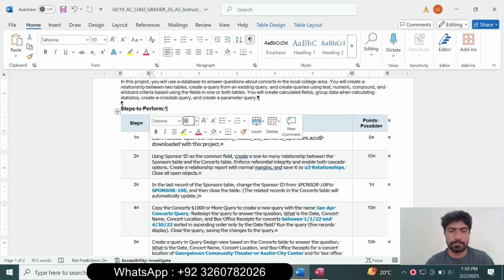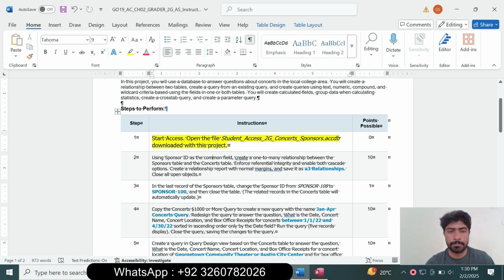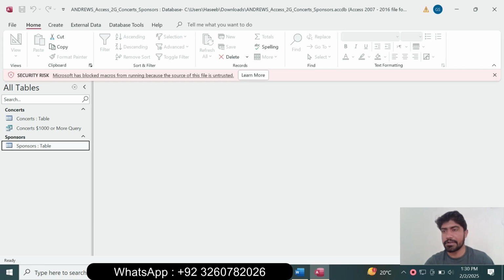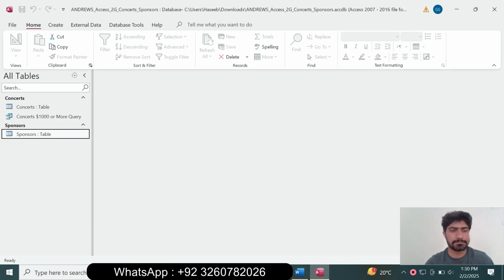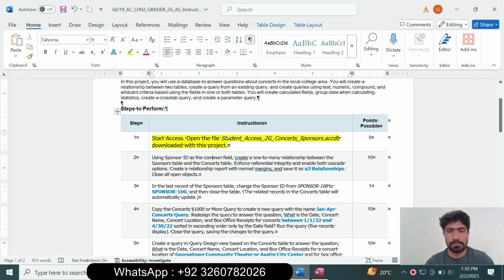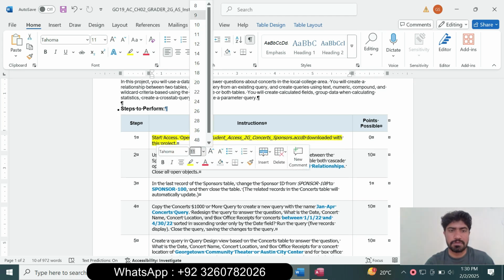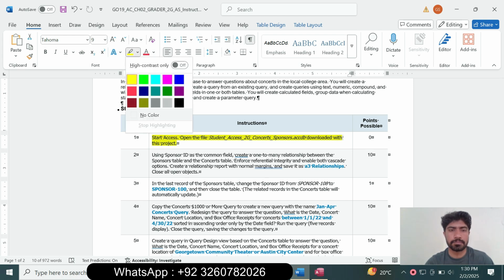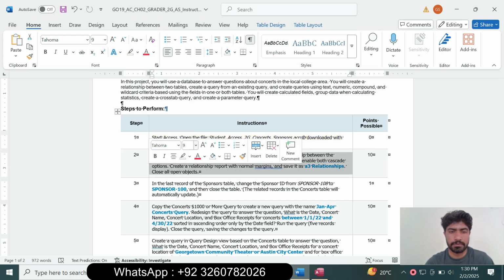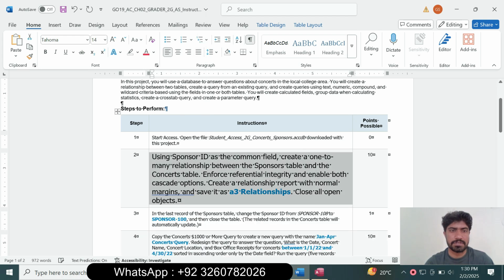So the main project step is: start Access, open the file student Access 2G Concert Sponsors and download it with this project. So go to the Access file, and I have already downloaded the Access file. We can move to question number 2. So question number 2 is